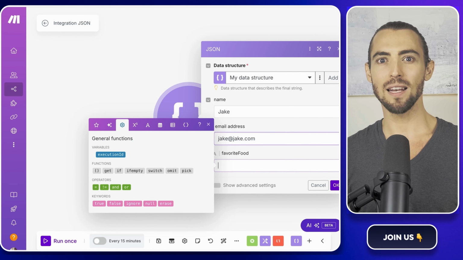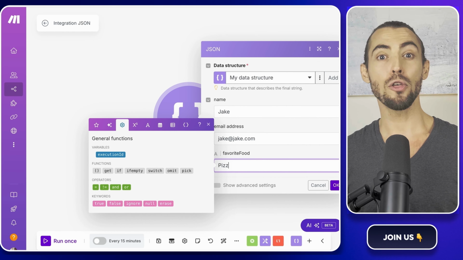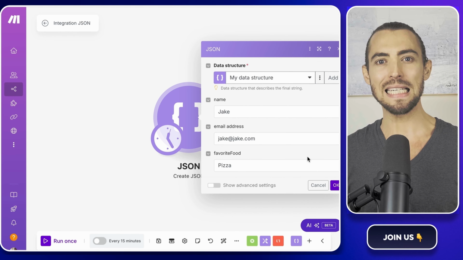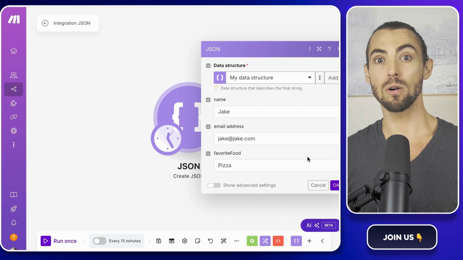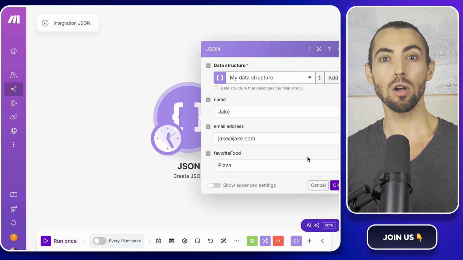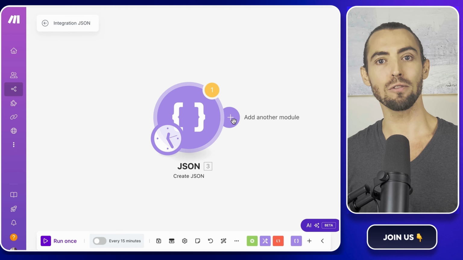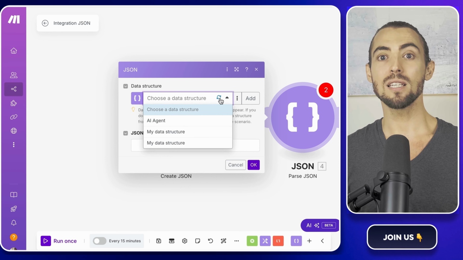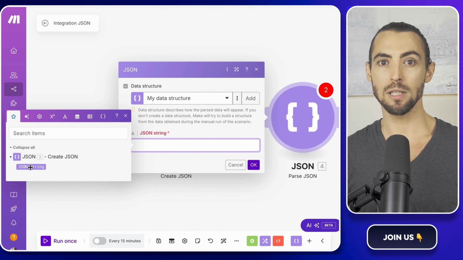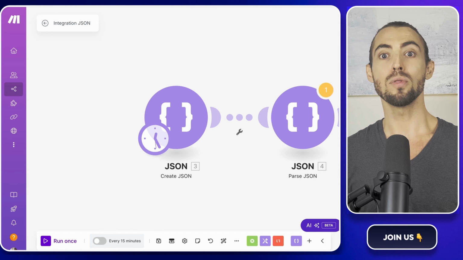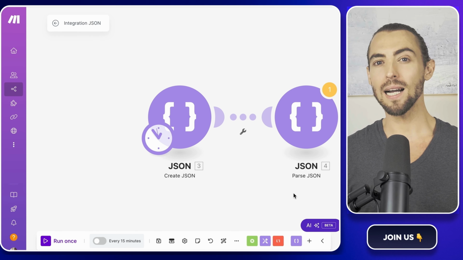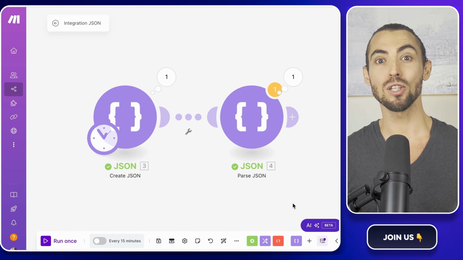Just type in your data structure, send it off, and the other app will read it perfectly. A few tips. Always keep your JSON neat and check for missing commas or brackets. It's like making sure all your ingredients are prepared before starting a recipe. And if you're ever dealing with a big pile of data, the JSON parser is your best friend for grabbing specific details quickly. So that's JSON in a nutshell. It keeps all your data organized so Make.com can work its magic without you having to sort through a pile